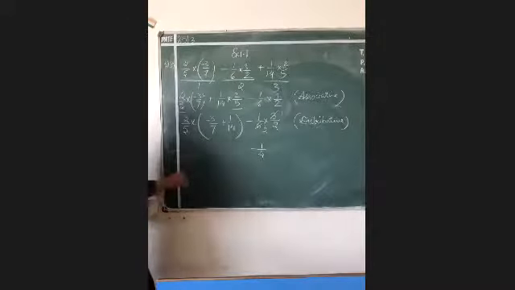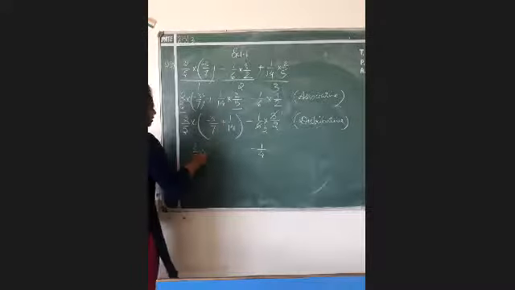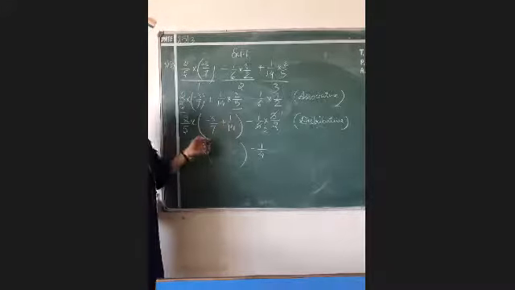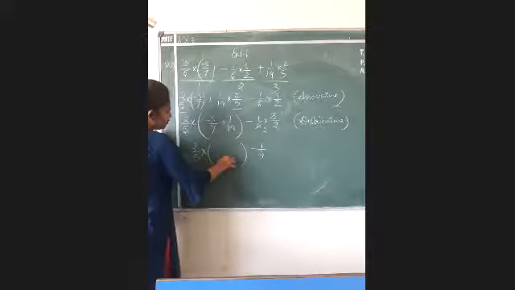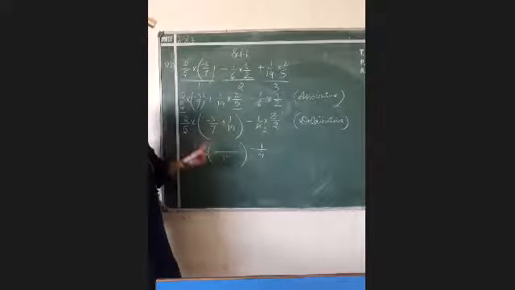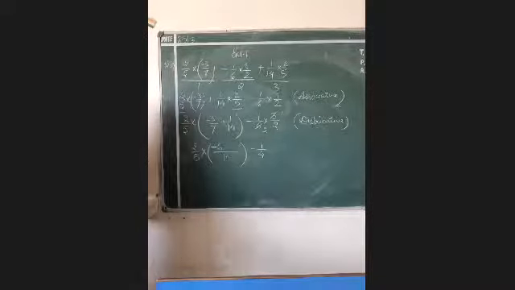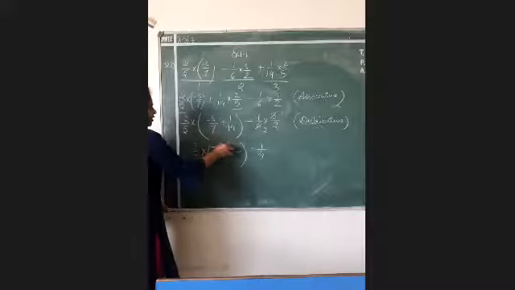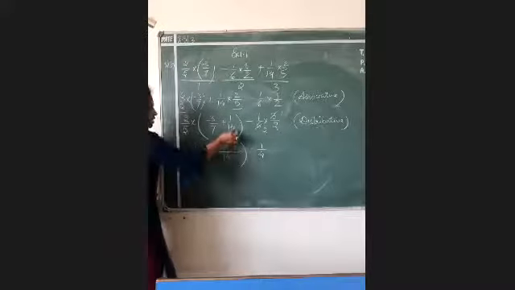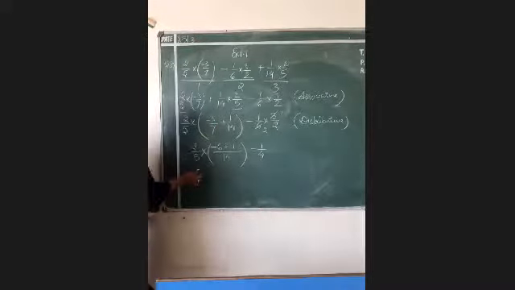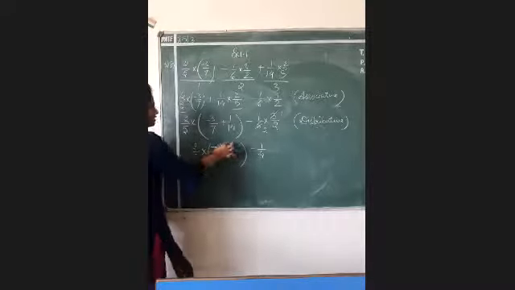Now move on to this step. This is 2/5, sign of multiply. Now you know the LCM of 7 and 14 will give you 14 only. Now 7 2s are 14, which will give you 2, and 2 3s are 6, which will give you -6. The sign of plus will remain plus only. When you divide 14, it will give you 1, and 1 1s are 1.